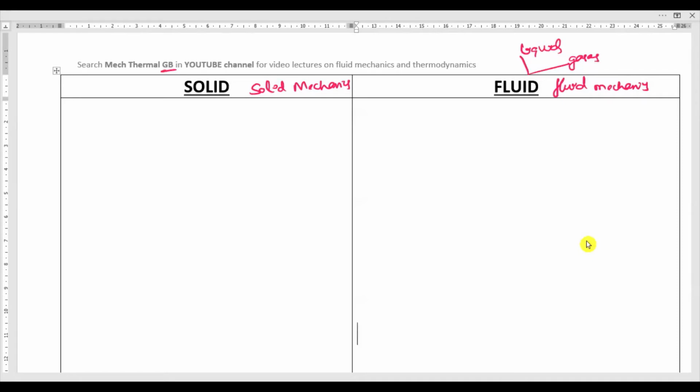First, we'll learn what is the difference between solid and the fluid. The definition of fluid mechanics and branches of fluid mechanics we'll discuss in upcoming videos. But to understand, solid is a body object. It has three-dimensional structure. So I will take one solid body here.